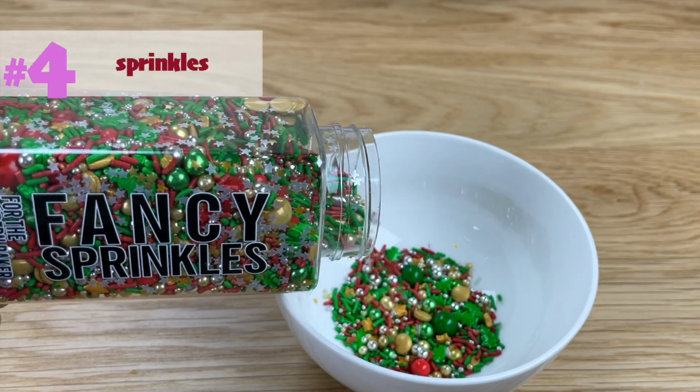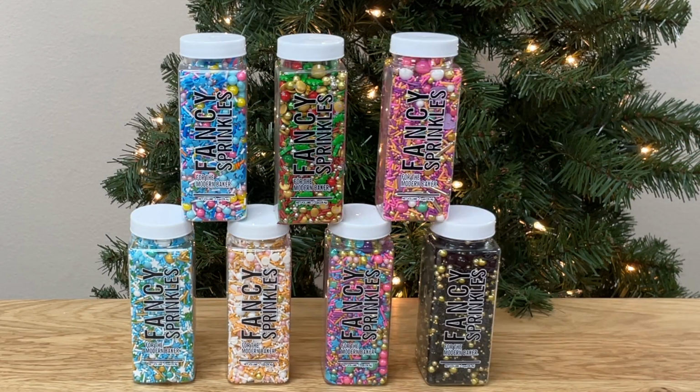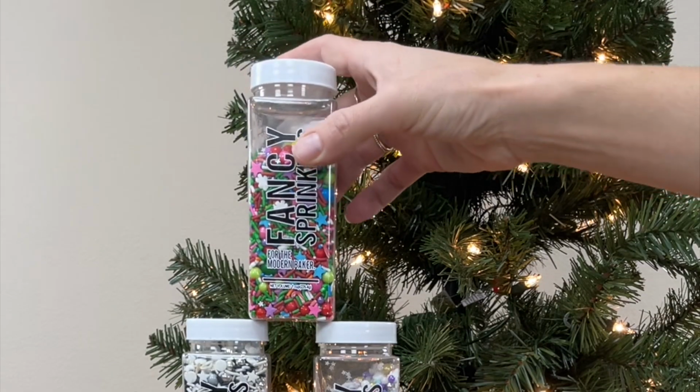Everyone loves sprinkles, and my favourite are fancy sprinkles. They come in beautiful colours, including metallics, generous bottle sizes, and they have gift sets too, which are perfect for